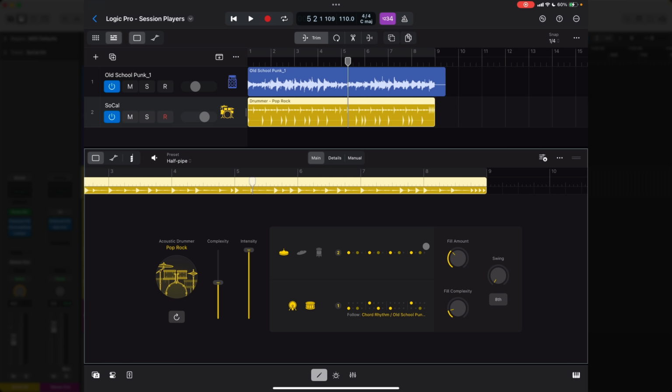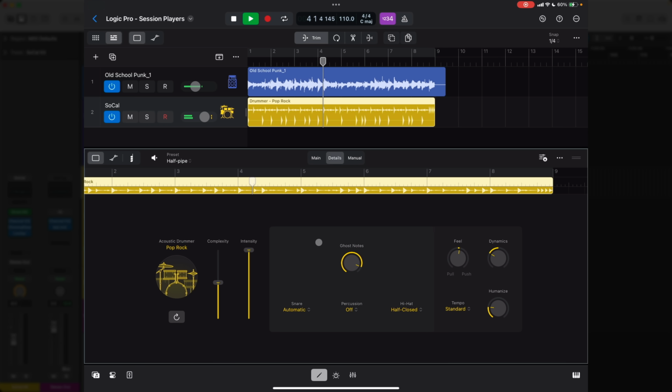Now in the middle tab, the details tab, you can once again choose how much in terms of ghost notes that you want in your performances. So if I add a ton of ghost notes, or none at all,